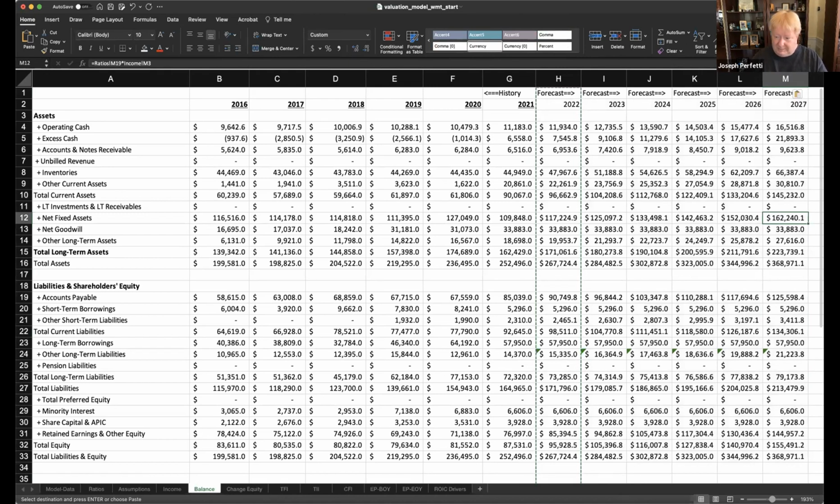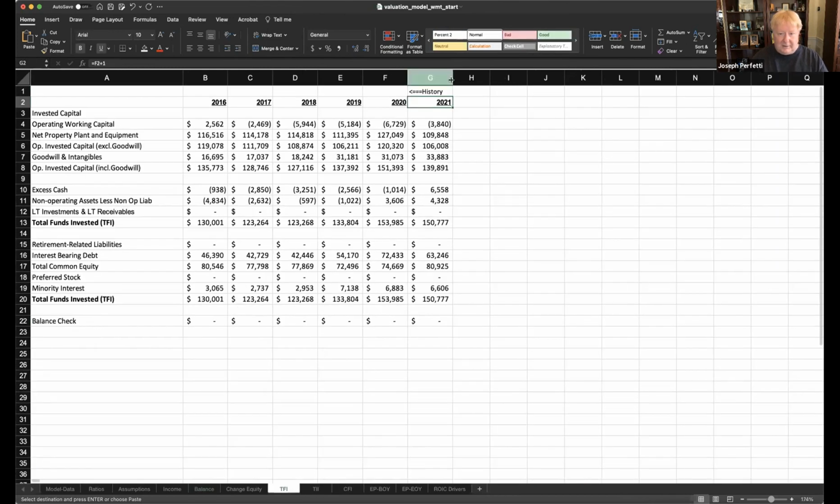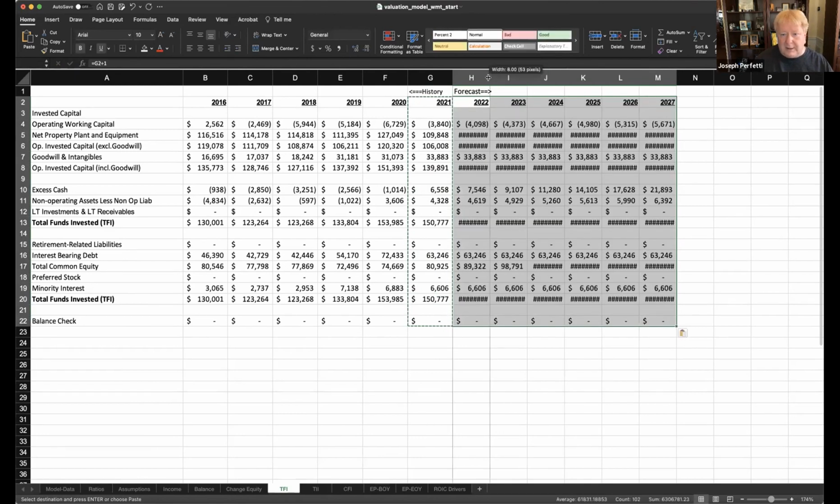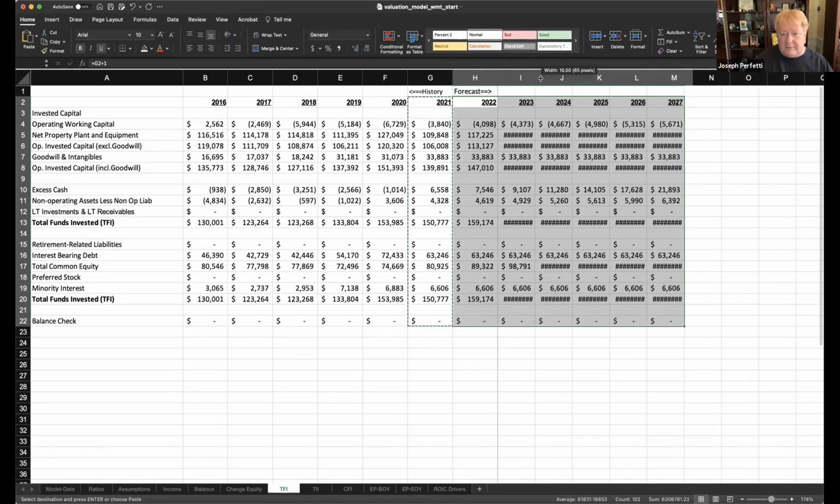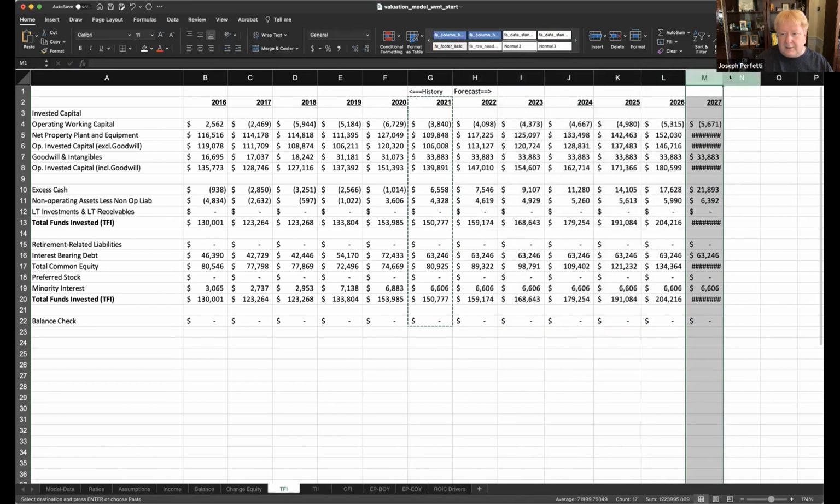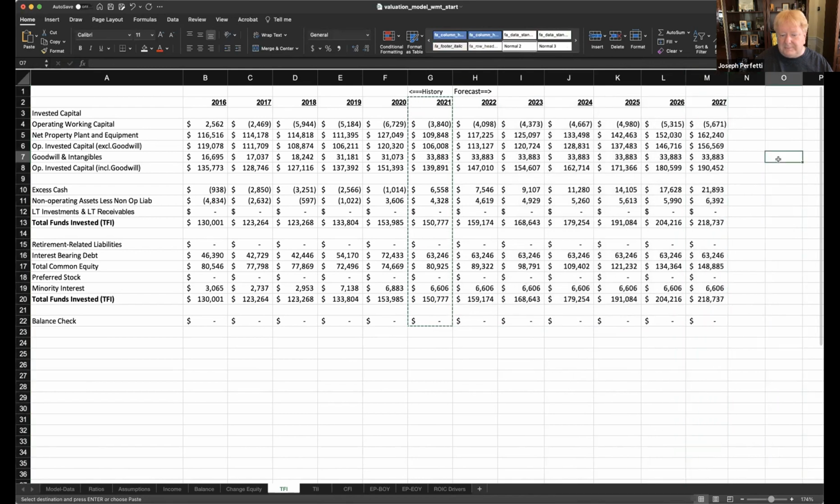And again, the number that's going to be important for you, 368,971.1. Come over here to TFI. Column H is my forecast. Take cells G2 to G22, copy it, and paste it from H to M. A little wider. But I now should have balancing TFIs that go through 2027. Now that I finished the TII and the TFI, and again, 218,737 is the number that we're looking for,